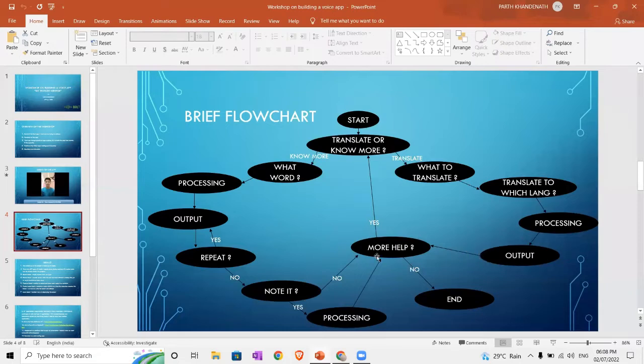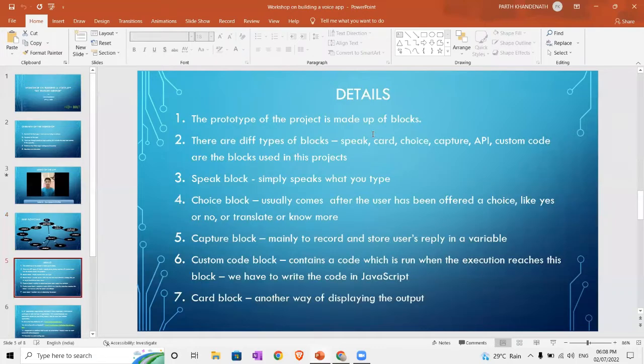And after displaying the output, it again asks you whether you need more help or not. If you say no, the app ends there. If you say yes, it moves back here. So that is the flow chart of the app. And now we will move to the details of the app, and also I'll show you